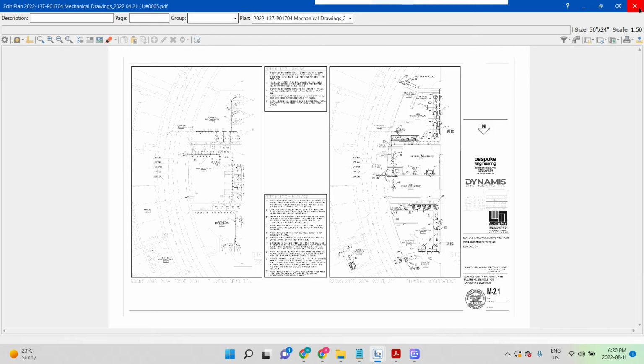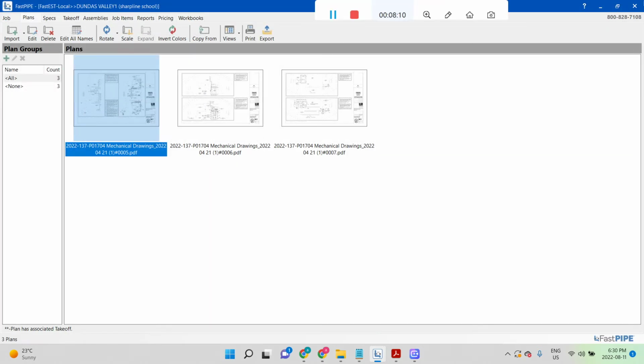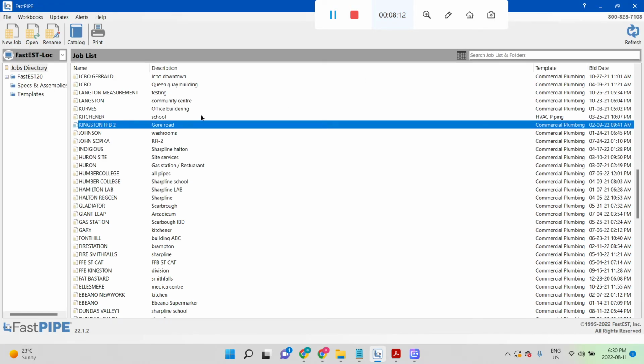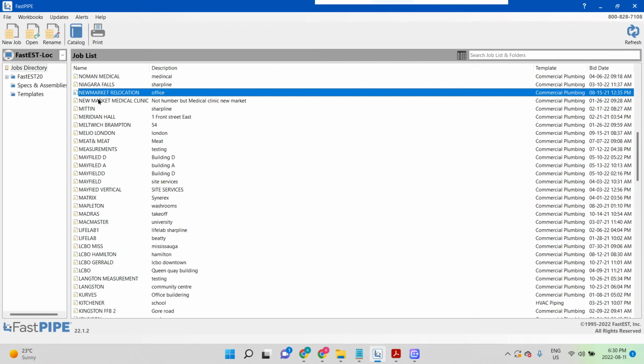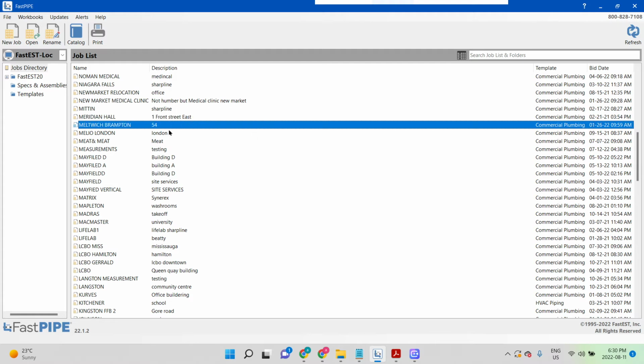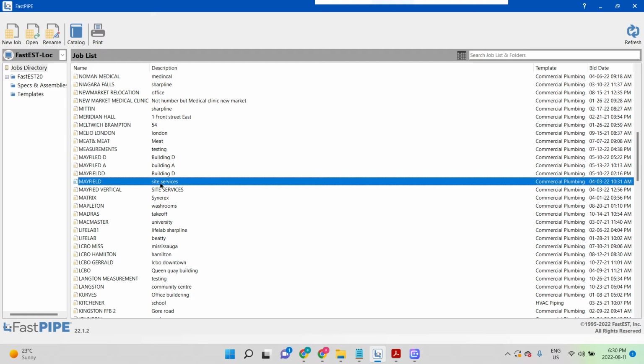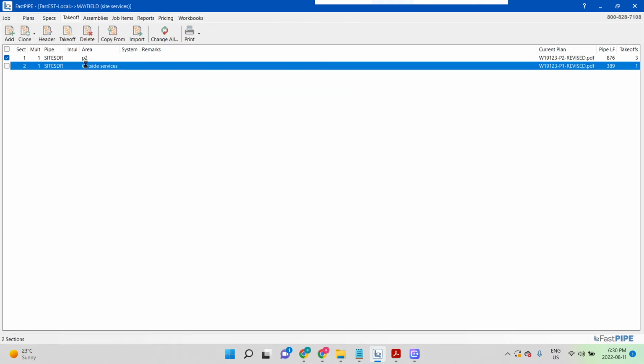So these are two ways I've shown you. Now I'm gonna show you a third way where the scaling is shown differently. So I'm gonna go to one of my other jobs. This is a site services, which means that